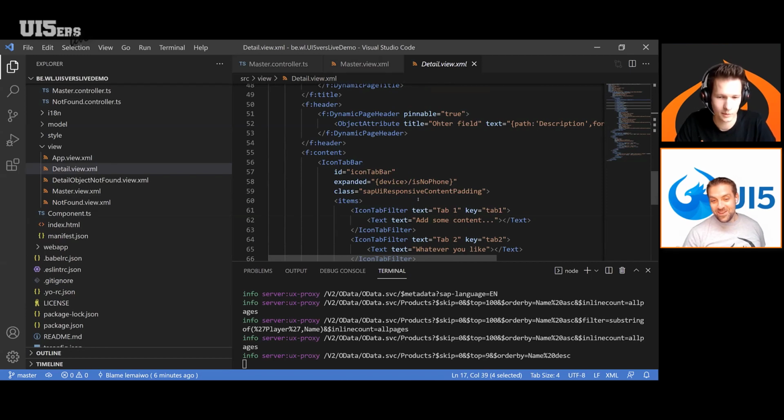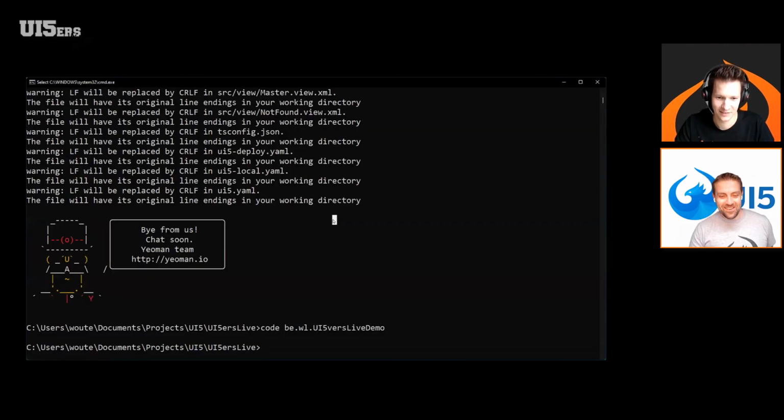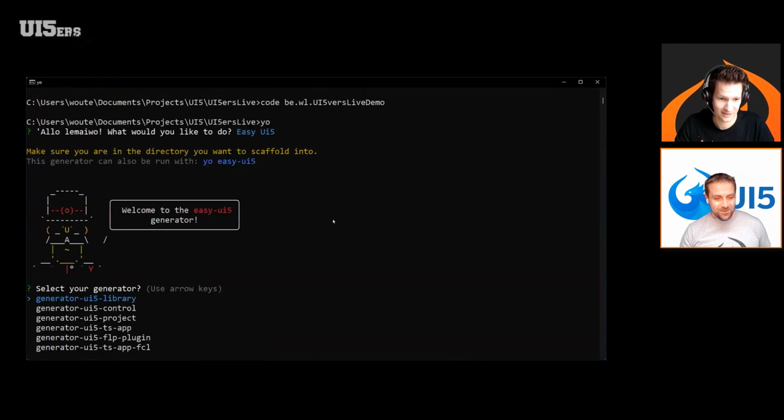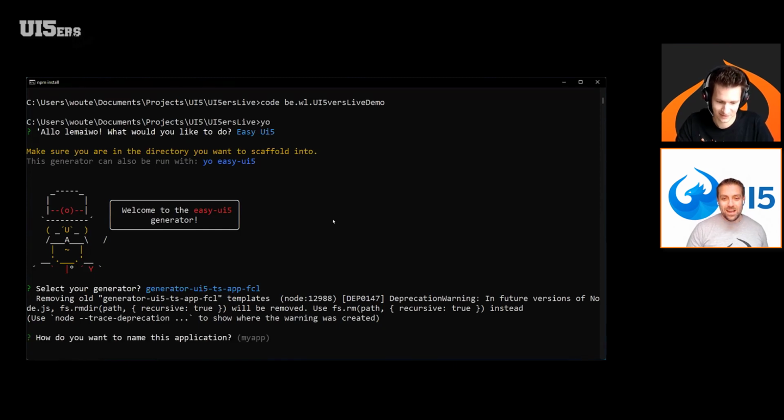You could now show and rerun the template generation because the issue has been fixed already. All right. Reviewed and merged by many people. So if you run the generator now again, yo easy-ui5, you immediately get the fixed template, and you showcase and prove that, removing the old generator and downloading the new one. So it works out, the update is fine. And you see how cool that is with our generators, which are available as part of the UI5 community. They can be easily used inside the easy-ui5 generator.